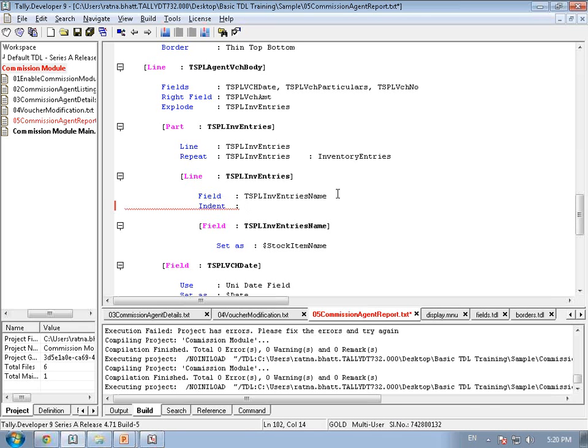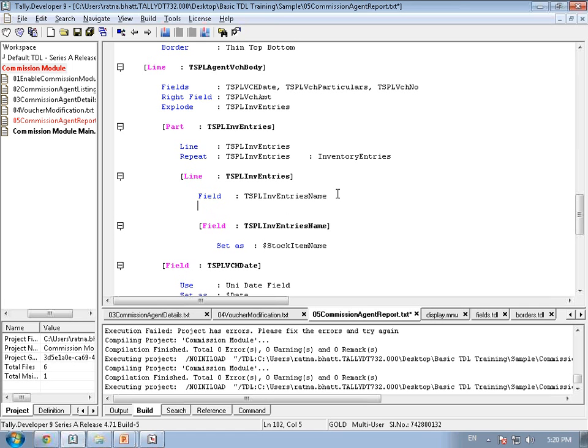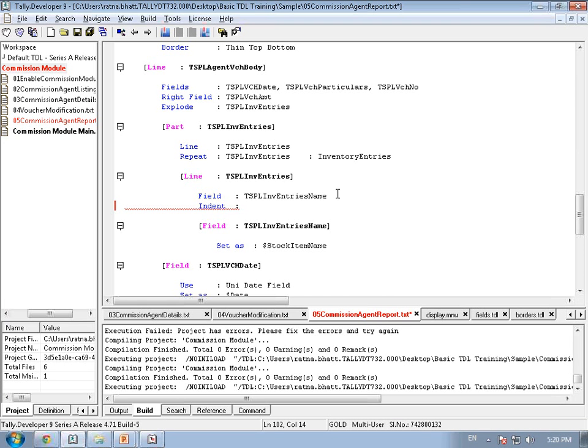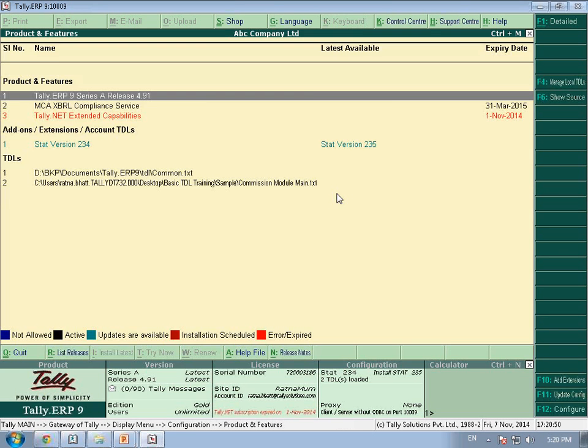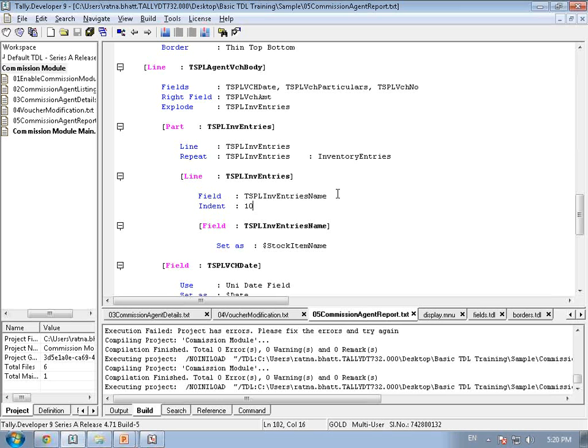It is indented, and we will have to do a little more alignment to it because it is not looking good the way it is. Indent is happening, but it is still not matching what we want. It at least has to come under 15, so we'll have to give a hit and trial. So we'll make it 10. Let's see, S1 TDL 4. Right, so somewhat okay, but the explode should happen on the combination of Shift Enter key,